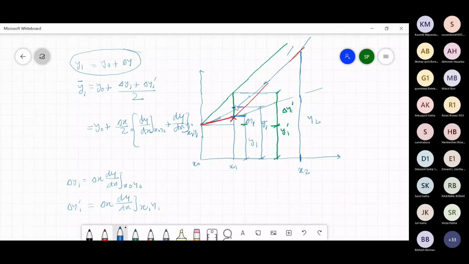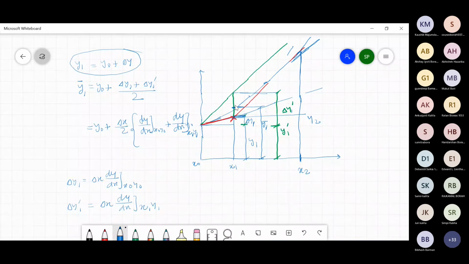Now, rather than drawing the tangent here, again in the illustration you have to draw a tangent here. Now what we have to do? You have to draw this line. Isn't it? This is your dy by dx. In the next step, you are drawing again a tangent like this. This tangent you have to draw at origin, not here. That means this is your y0.